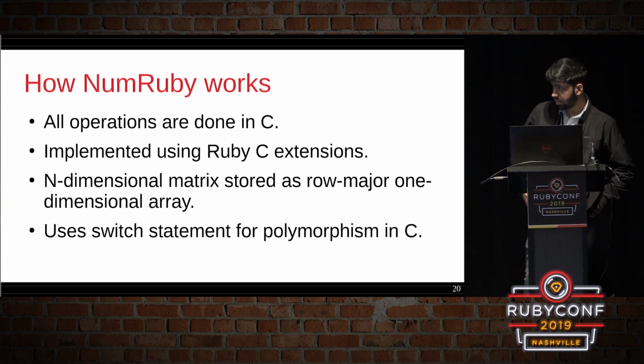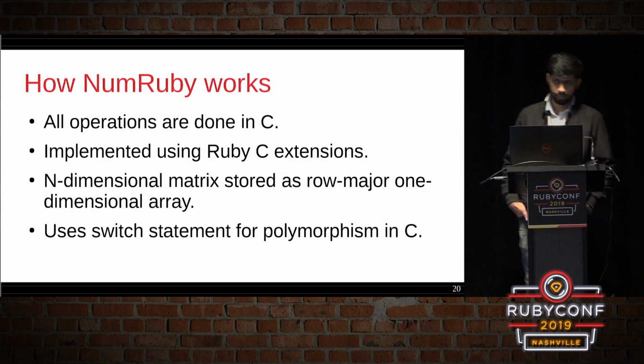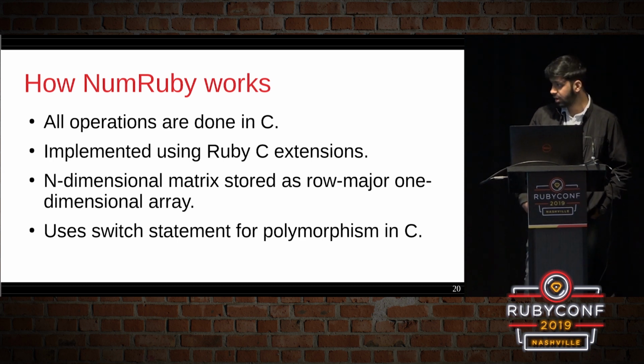Then there was a major issue using just C, that we can't use polymorphism because obviously it's not an OOP language. So one hacky solution was to use the switch statement. What that does is that if you want to have 4 data types, you have to write the same code 4 times but with different data types. So that's kind of hacky, but it works. We're looking for a better alternative, but for the time being, this works. So we're going with this.